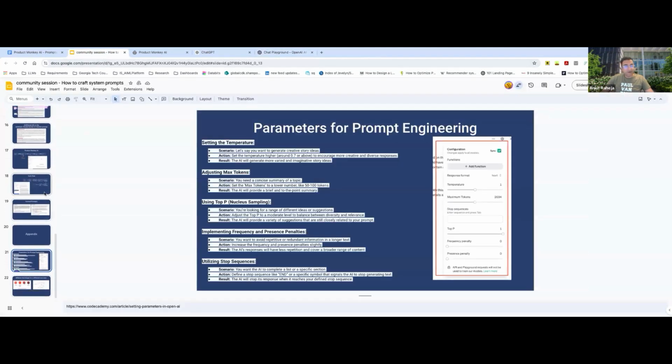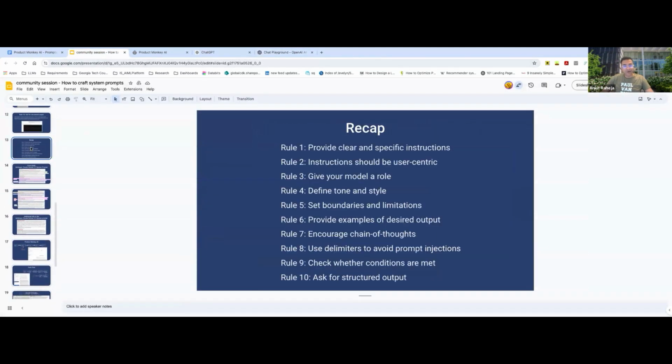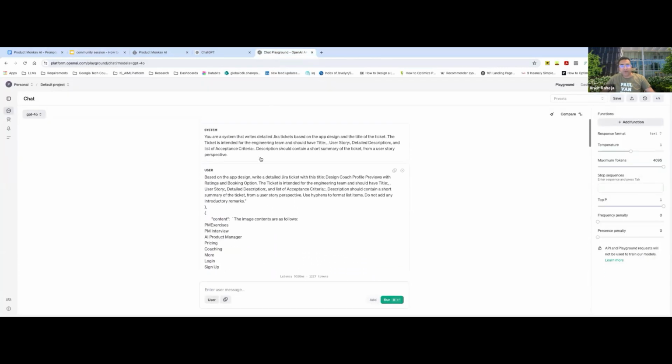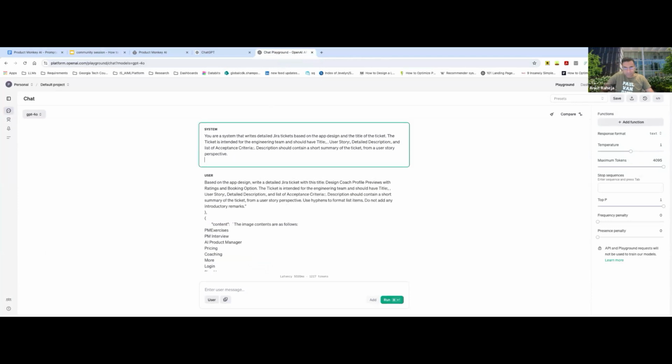Kai's cardinal truths about what a good prompt should look like: give your model a role and define tone and style. So what we'll do is we'll take the system prompt, we'll make some changes to it to make it a lot more helpful or maybe even more hilarious if you want. So we want to go here. We will go to the system prompt and we'll say that